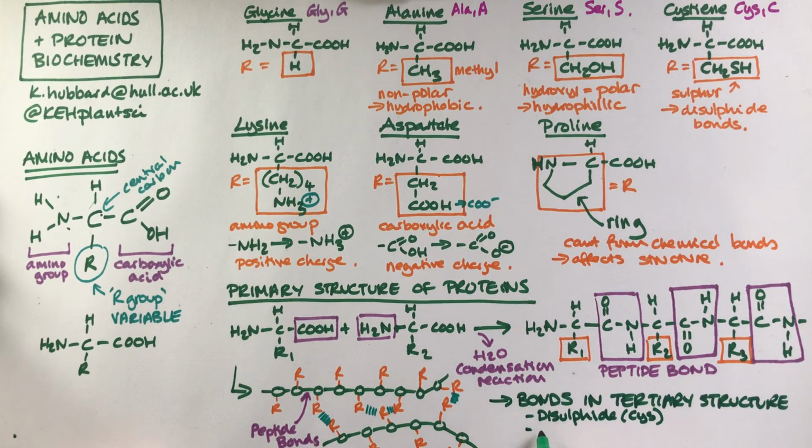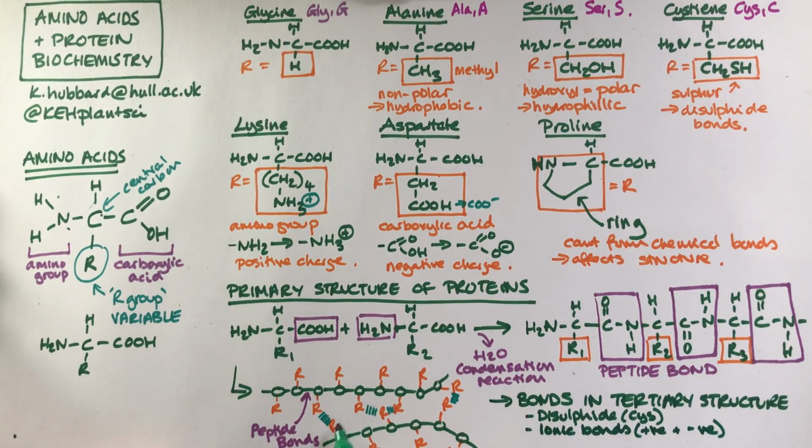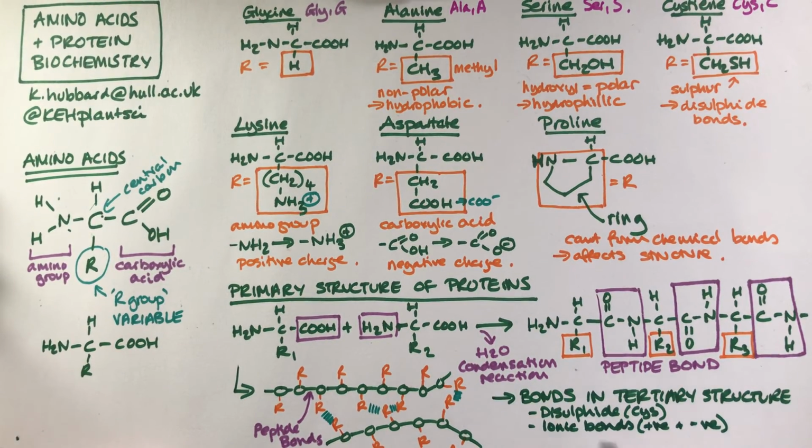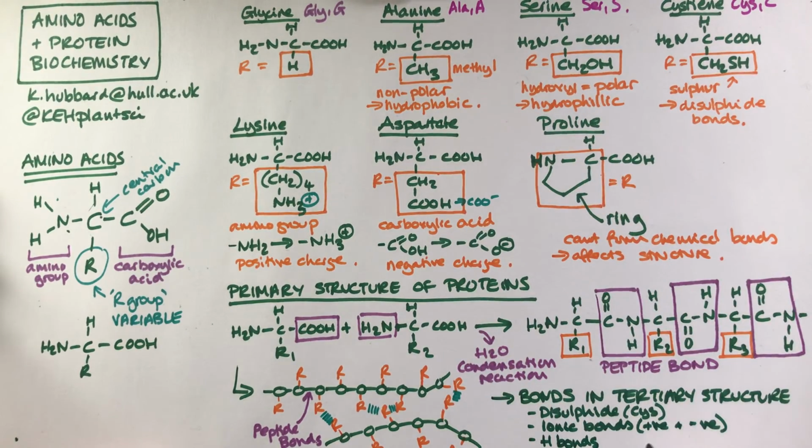We can have ionic bonds. So for that you need a positive and a negative amino acid. So if here we had lysine on one side, which we know is positive, and aspartate on the other side, which we know is negative, they could form an ionic bond. What else can we have? We can have hydrogen bonds. So if you've got polar things, so if you've got two serines near each other, then they could potentially form a polar bond. Or we can have van der Waals